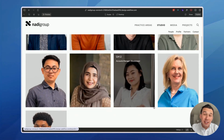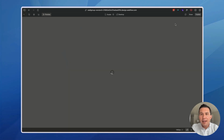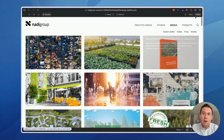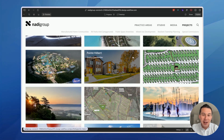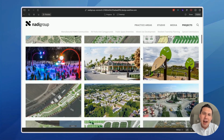That was actually one of the reasons why the client reached out to me in the first place and ultimately wanted to work with me, is the fact that this client is familiar with the Webflow platform. He built the website himself, as you can see here in Webflow. And I can definitely tell you from collaborating with him that he can definitely be dangerous in Webflow, and I mean that in a good way. So he definitely has some skills when it comes to web design and development,